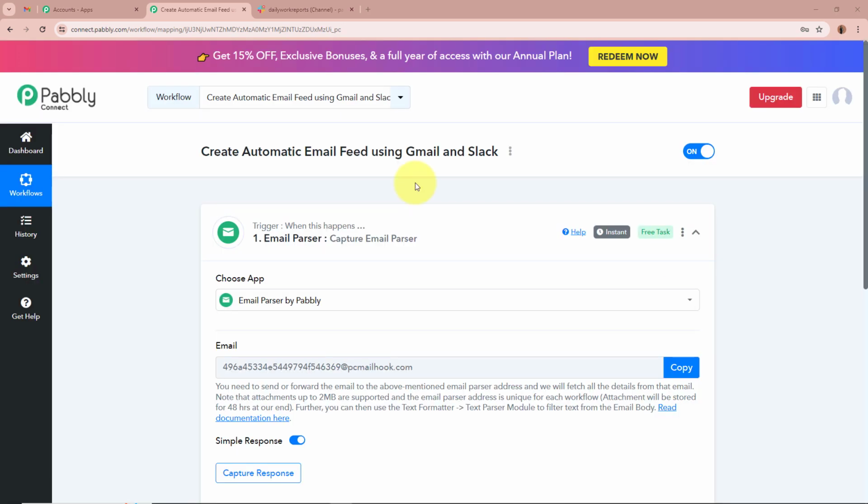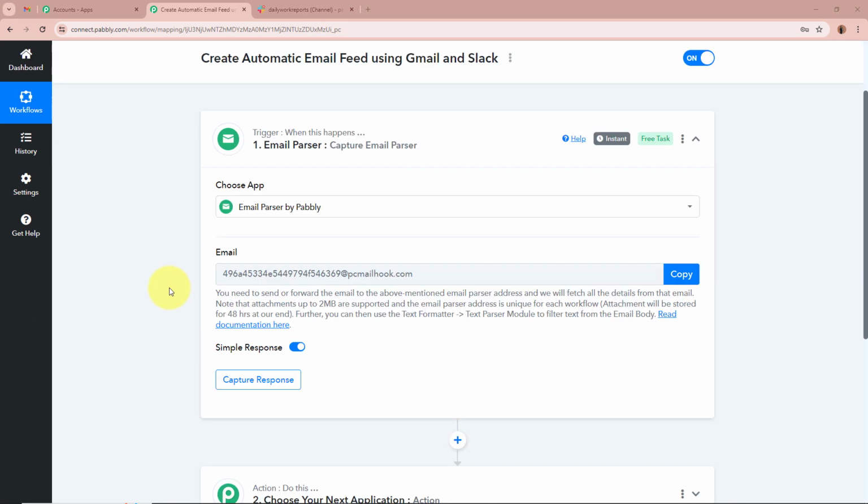So we are selecting a trigger application as email parser because we don't have a trigger step for Gmail. That is why we are going to use email parser to fetch the data of the emails that we are going to receive in our Gmail account, okay? That is why for the trigger application, we have selected email parser by Pabbly, so that we can fetch the data of the emails that we are going to receive in our Gmail account